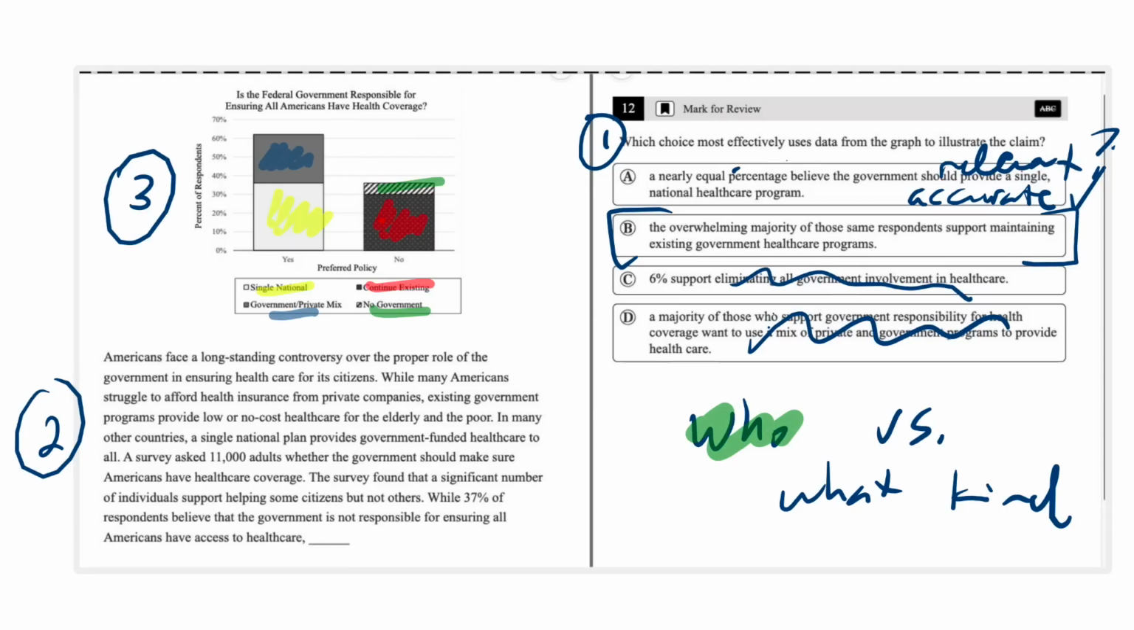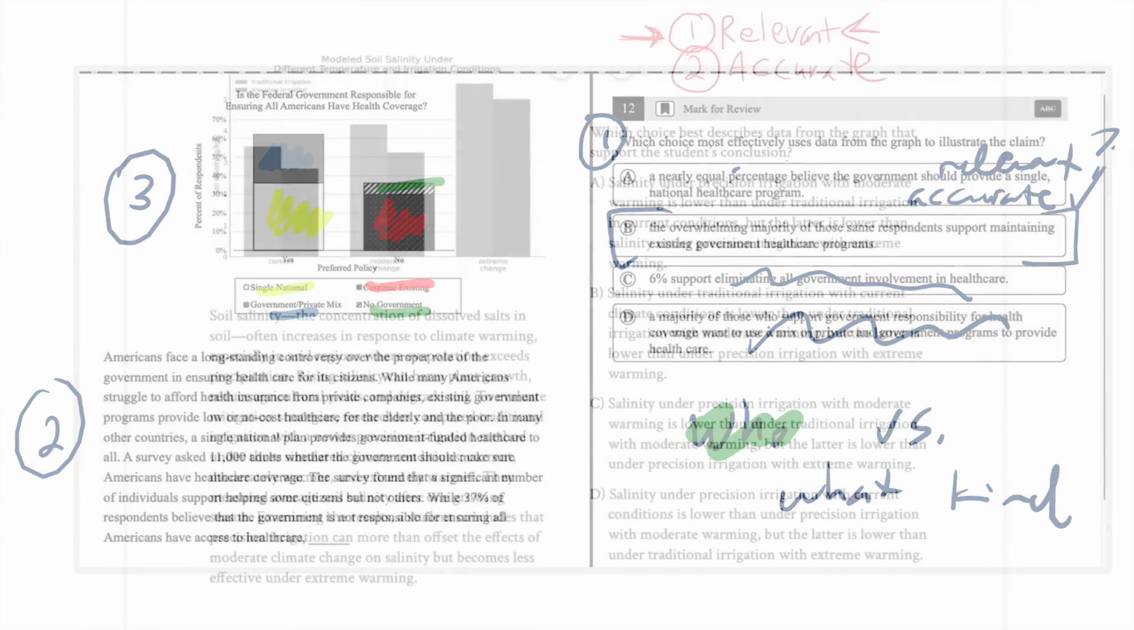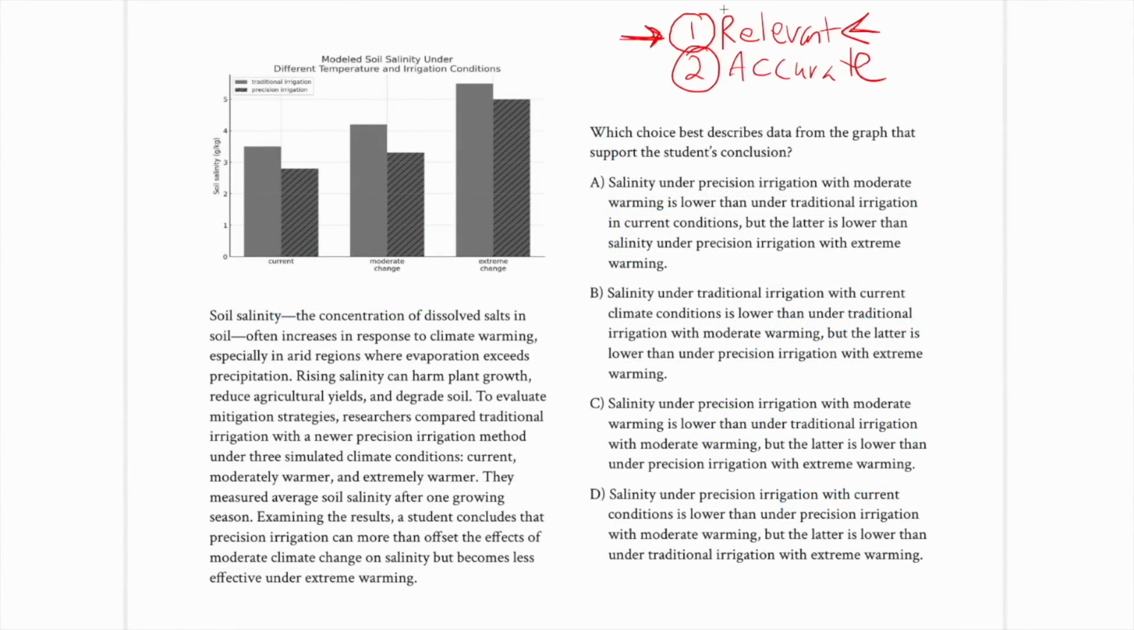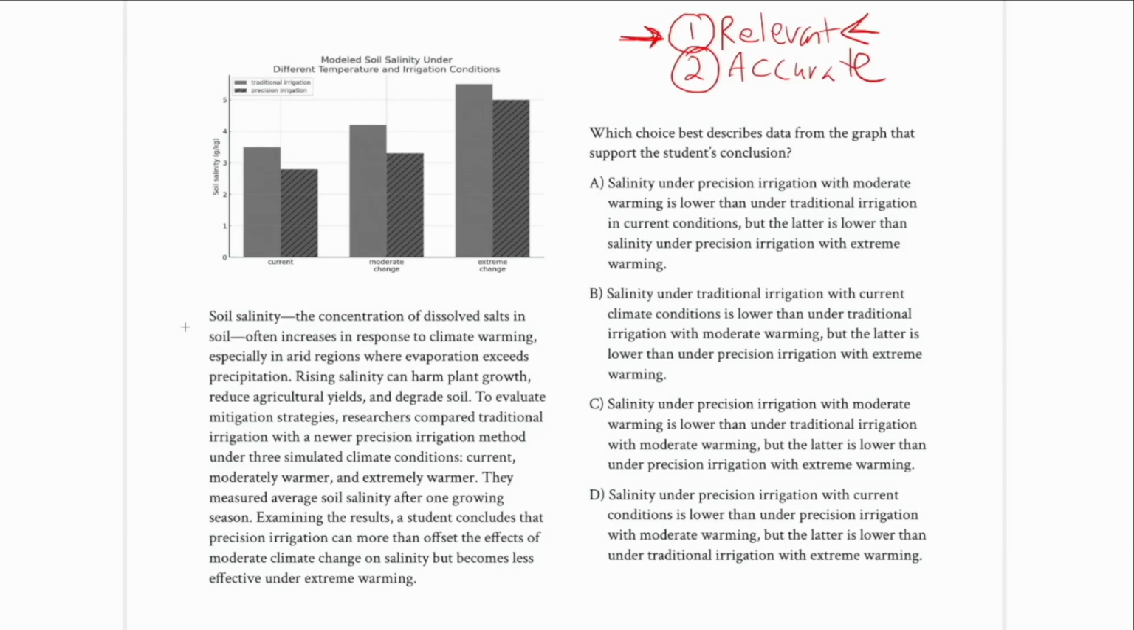If you're checking accuracy, you've got to go and compare the answer choice to the graph, and that takes time, and even after doing that, you still don't necessarily know if it's correct because you have to think about whether it's relevant. Okay, and this is going to be particularly important when we get into more complex questions like this